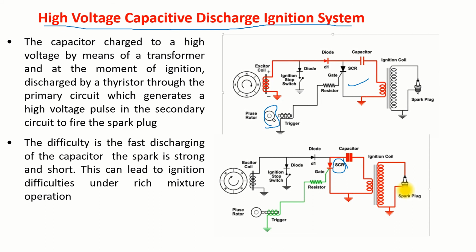When it has to be fired, when the pulse rotor aligns, there's a trigger over here. So when these two come in line, then this gets triggered. You can say the SCR triggers this. Then high voltage will be induced into this and a spark occurs. So using this pulse rotor bypass, we can trigger the SCR, and high voltage can be transferred to the secondary, like in an ignition coil. So that's how we can.